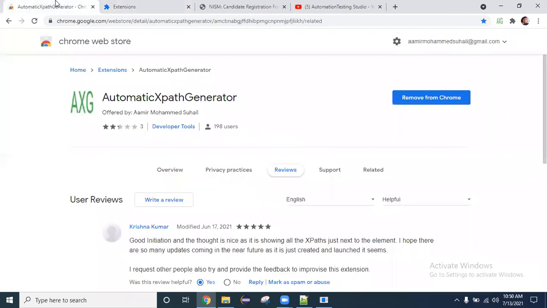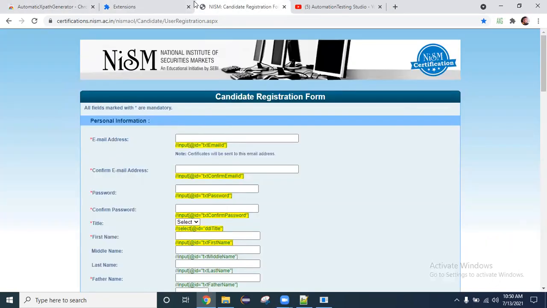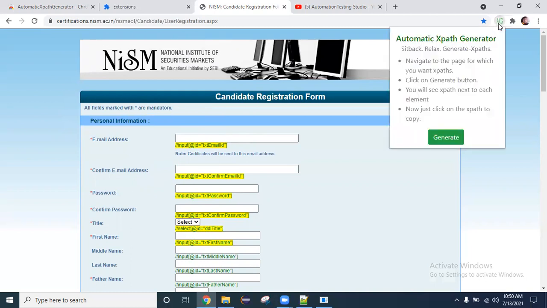So now, similarly, you can go to any other page wherever you're writing the XPath, open this pop-up, and then just click on generate. So it will generate XPaths for all of the elements present there.